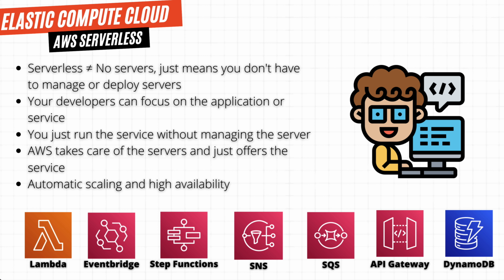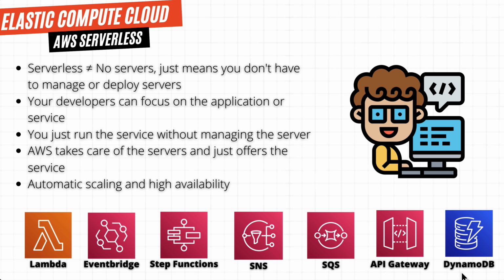Now, in this course, we have already used a serverless service. We used an S3 bucket to store some files for our EC2 instance. We never created a server to host our files. We simply created the bucket and uploaded them to AWS. We also learned about Fargate, which is a serverless service. And as we learned, the containers do run on EC2 instances, but with Fargate, we didn't need to create or manage them. Now, there are many more serverless services like Lambda, EventBridge, Step Functions, SQS, SNS, API Gateway, and DynamoDB,